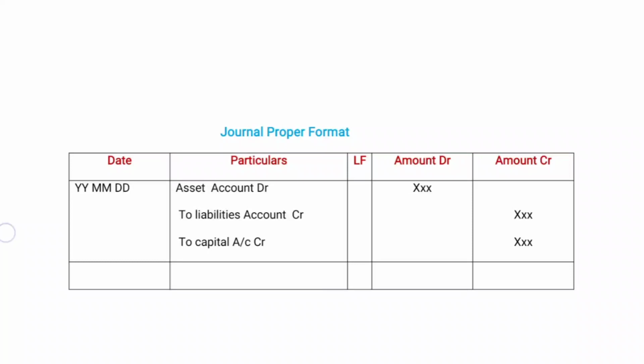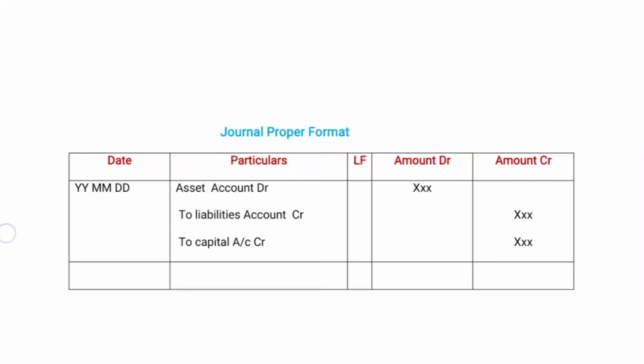Assets are debit, liabilities are credit. Why? Because assets are always shown as a debit amount and liabilities are always shown as a credit amount. In this column, if assets are in excess of liabilities, the difference is shown as capital, on the credit side. If liabilities are more than assets, it is shown as goodwill, on the debit side along with the assets.